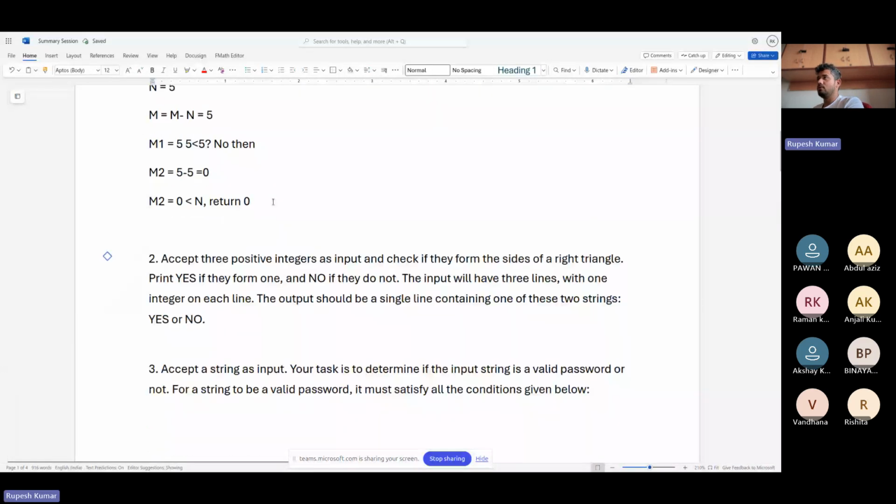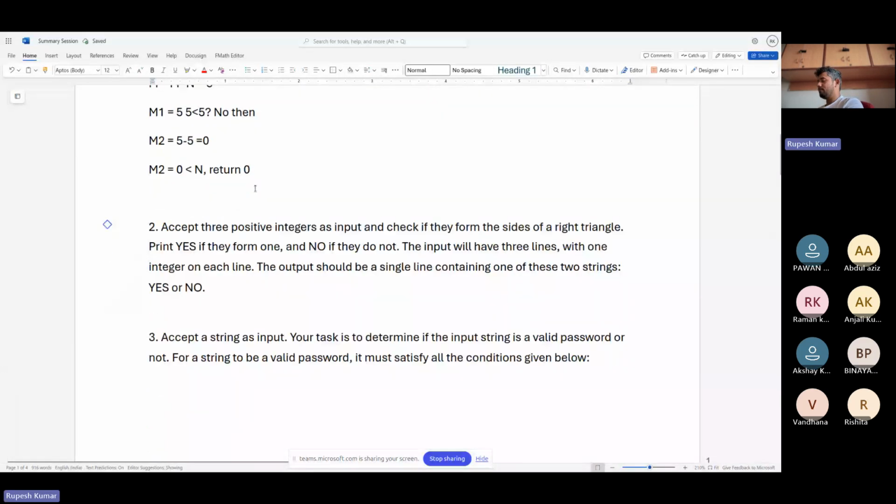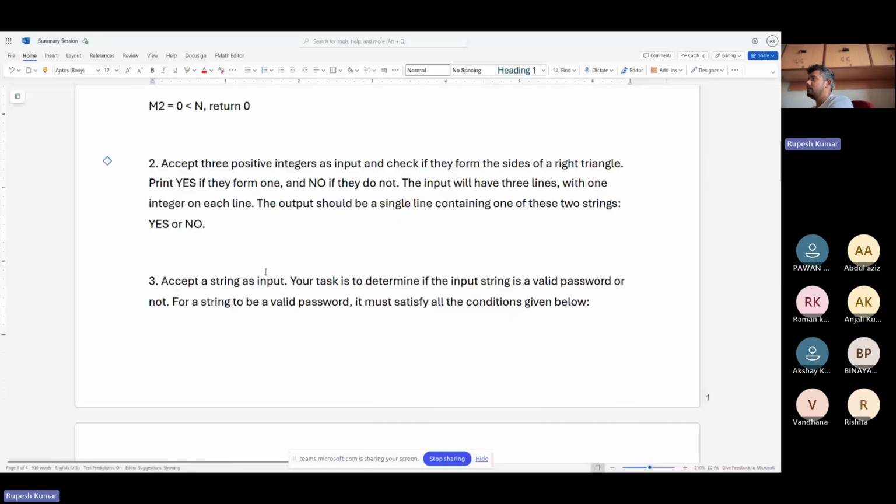Fine. Let's move on to the next question. The problem is to accept three positive integers as input and check if they form the sides of a right triangle. Print yes if they form one, and no if they do not. The input would have three lines with one integer on each line. The output should be a single line containing